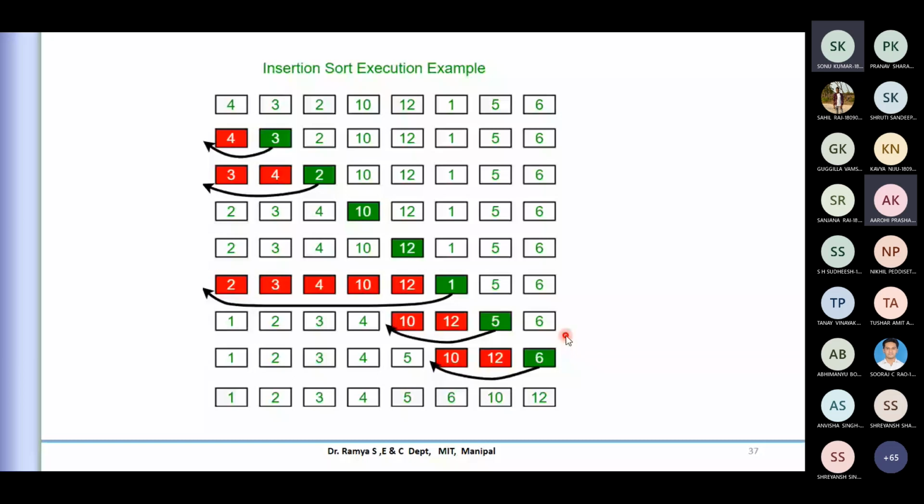Yes, ma'am, understood. Okay, now let me know if you understood, then what will be our time complexity here? Because it is different from bubble sort. The way we do the swapping is different, but what will be the time complexity in that way then?